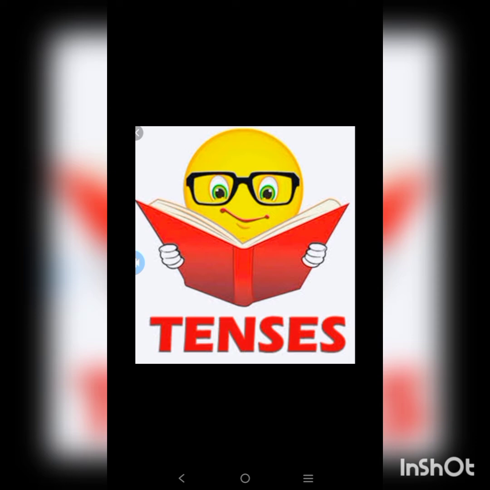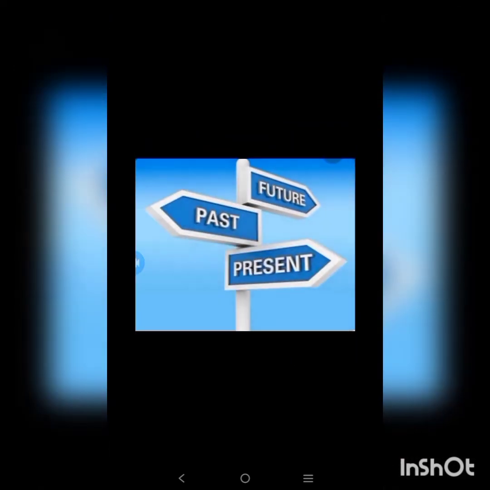So in that class we saw the types of tenses, and also the definition of the three types of tense. We saw that tense is divided into present tense, past tense and future tense, and also the definitions of these three tenses. And one more thing we saw in that class: tenses are divided into three types.